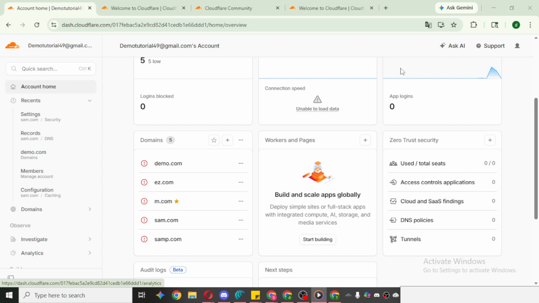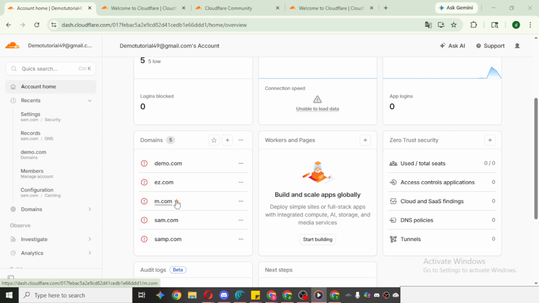First, open your Cloudflare account in your web browser and sign in. Once you're in the dashboard, you'll land on the overview where your domains, also known as zones, are listed. If you've previously starred a domain, you'll see a small star icon highlighted next to its name, or that domain may appear in a favorite section at the top of the list.